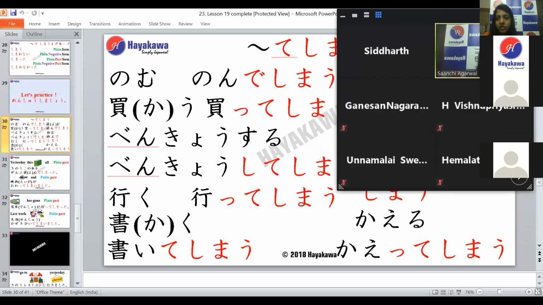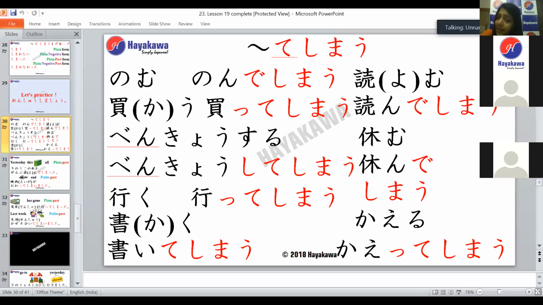Yasumu, which means to rest or take leave. So, Shweta-san, would you like to try doing this one? Hi, Sensei. Yasunde shimau. Very good, Shweta-san. So it becomes yasunde shimau, right? Yasunde shimau. The next verb is kaeru, which means